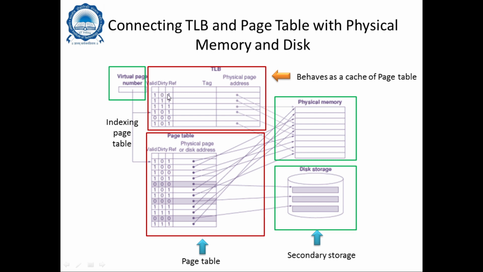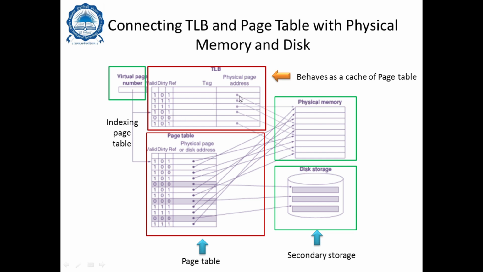We'll just focus on the dirty bit and the reference bit. So what did I say? I said that the reference bit is turned on whenever there is a TLB hit, and using that, the physical page number is used to form the physical address. When that is achieved, the reference bit is turned on. When the TLB has to be written with some data in case of misses, then the dirty bit is turned on. So you have the dirty bit, the reference bit, the tag bit and the physical addresses. They are all pointing to the respective physical memory because the translation is here. Therefore this behaves as a cache of the page table.